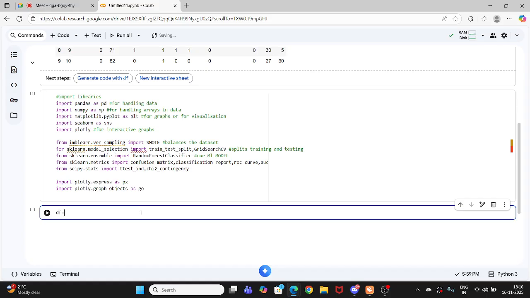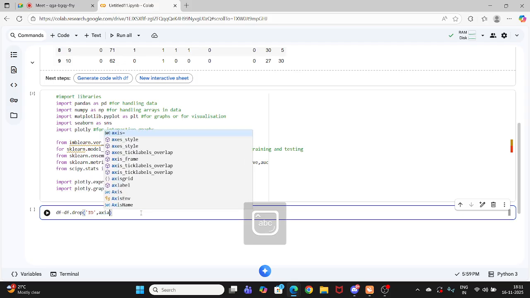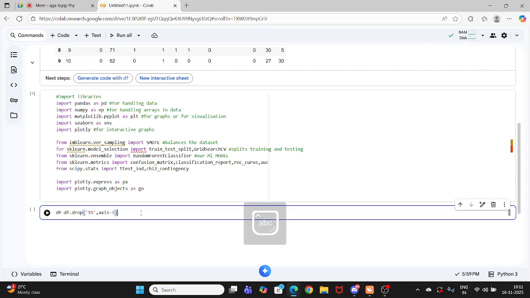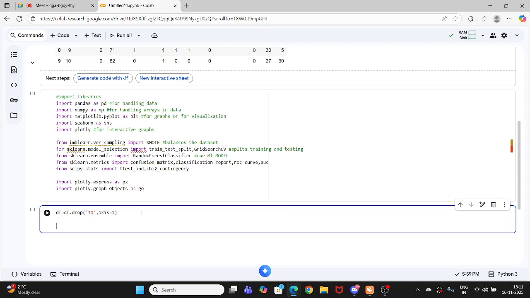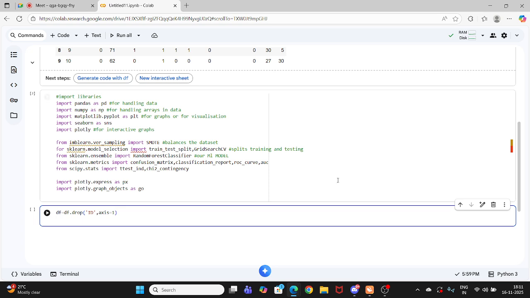Okay, this one I did. df = df.drop('id', axis=1). I'm dropping the id column. Look, when you import data,